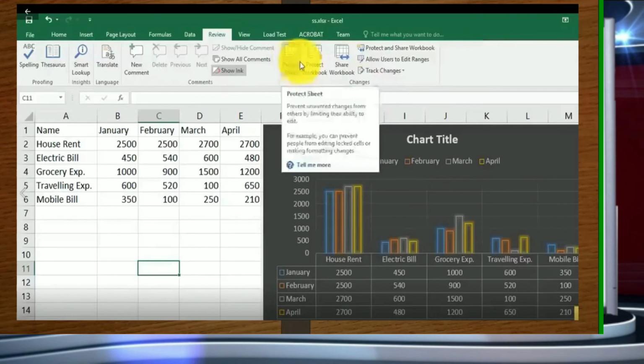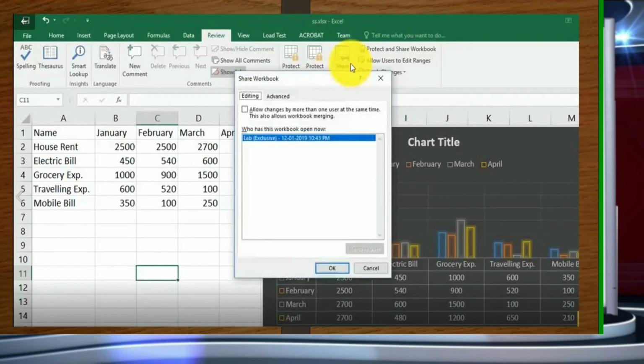And I hope you know about protecting your worksheets. If you don't want to share your worksheet with anybody, you can protect it also in your spreadsheet. After that, for sharing, we have this dialog box on the screen.